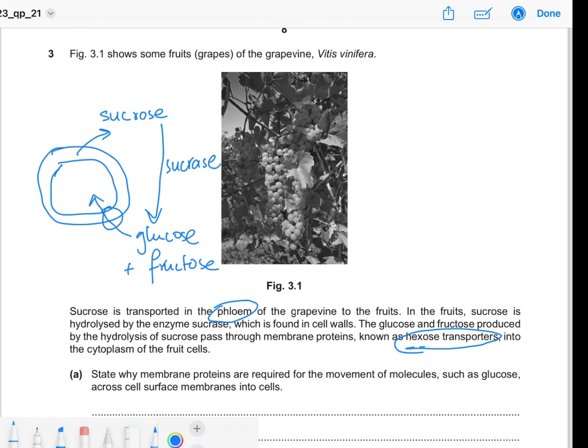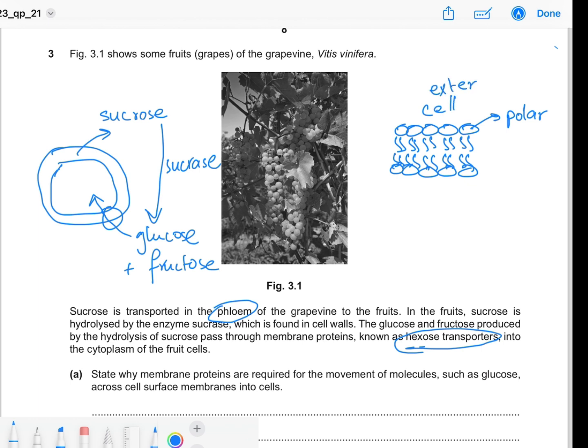Okay, part 1a, state why membrane proteins are required for the movement of molecules such as glucose across cell surface membranes into the cells. So let's look at the structure of the cell surface membrane to understand the answer to this question. The structure is a phospholipid bilayer, so it's made up of phospholipids, right? The structure of a phospholipid has a polar phosphate head pointing towards the exterior of the cell as well as towards the cytoplasm, right? These are polar